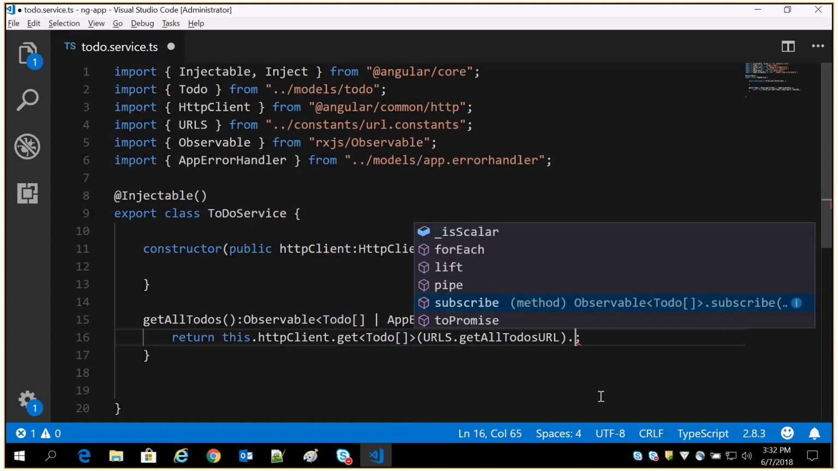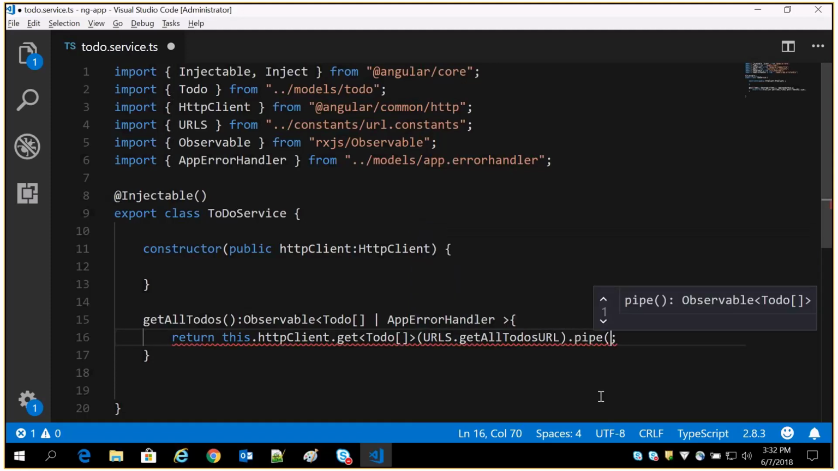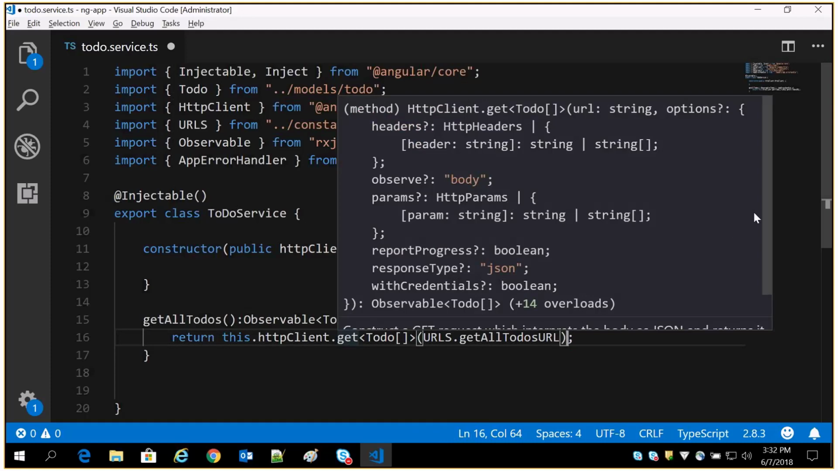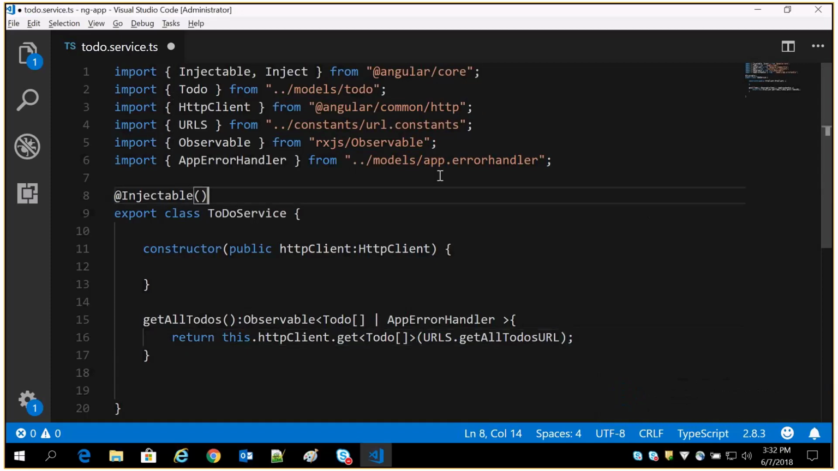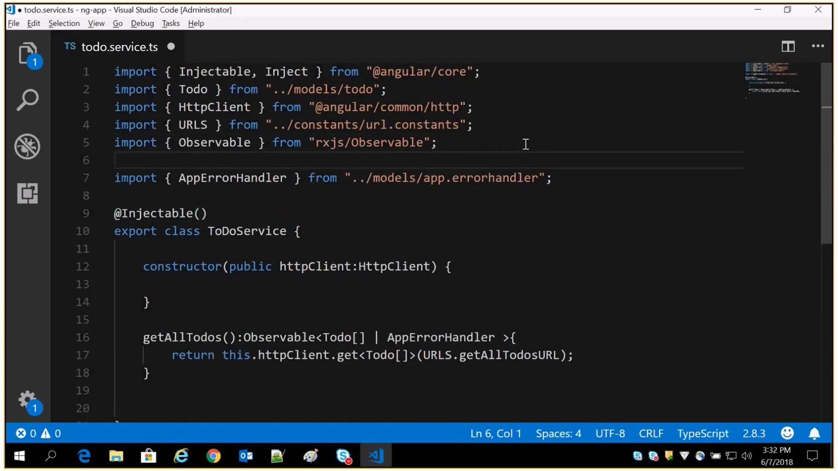I'm going to use the pipe method. So you all know what is pipe. It is available in RxJS, and in the pipe we have one method called catch error. So I'm just taking this. See here, what does this get method return? As of now, it returns observable of to do, right? If something goes wrong, you can get the error with the help of catch error, which is available in the RxJS. So to do that, import